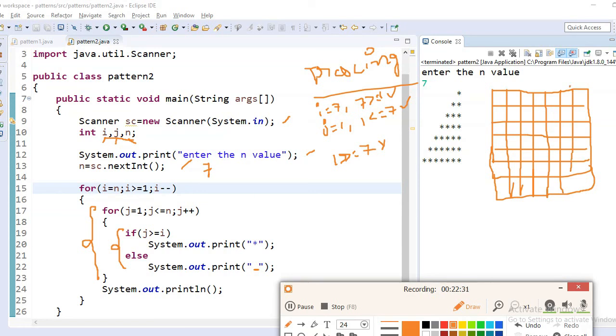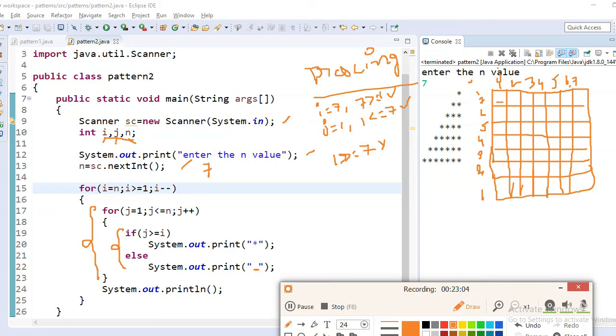So this is i, this is j. Here we start with 7, 6, 5, 4, 3, 2, 1 for rows and 1, 2, 3, 4, 5, 6, 7 for columns. So 1 greater than or equal to 7, condition is false. So a space will be printed in this position.